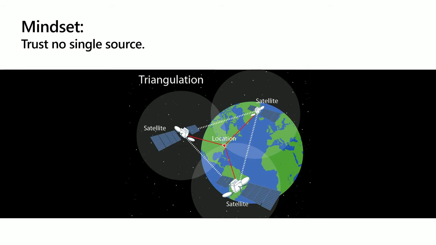Another important concept is this concept of triangulation. Right? So if we don't trust anything completely, we want to triangulate the way that we look at things. So instead of just saying, for example, I feel good about this login because there was MFA, I can say I feel good about this login because there was MFA, and it's from a trusted network, and it's from a known device. Right? And the chances of all three of those systems failing is low, right?